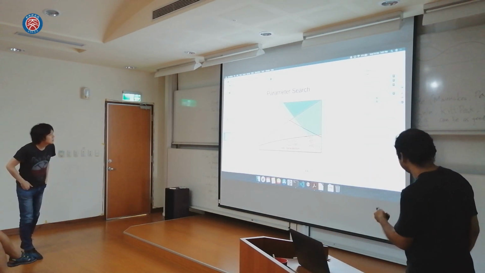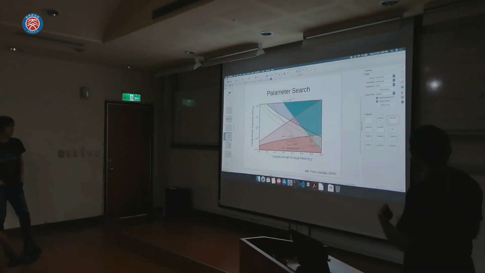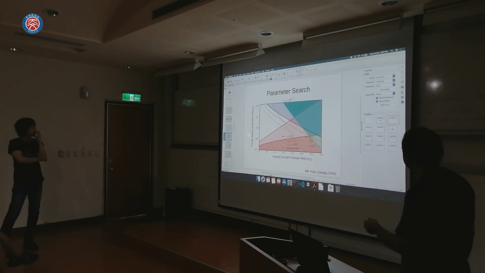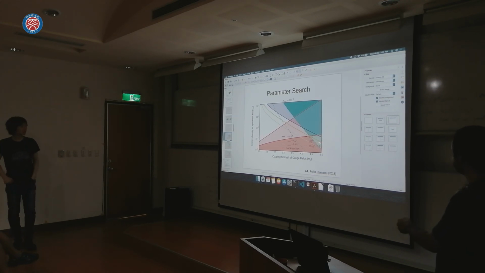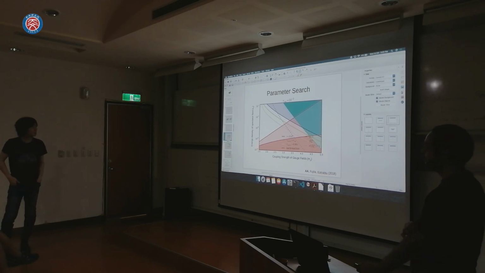So f_NL tensor is essentially something that Planck also measures. And this is the energy density of the spectator gauge field, and this is the coupling strength of this gauge field. In this parameter space, some part is already excluded by measurements from Planck. And if we can reduce it down to this level, where we measure the tensor f_NL to order 1, we can rule out all this parameter space. For the light mode, this is in fact the expectation: f_NL tensor of order 1.